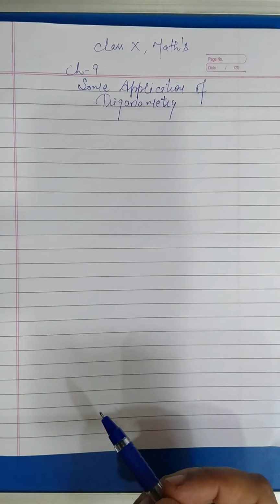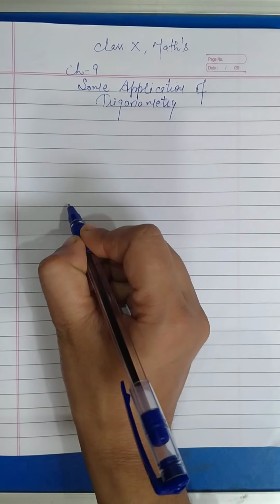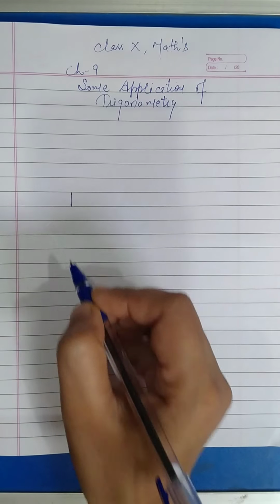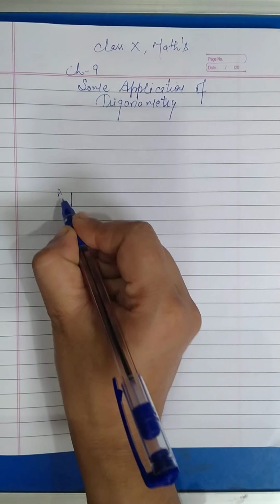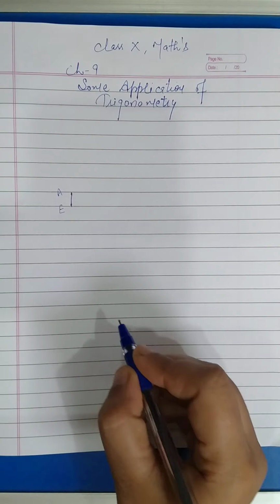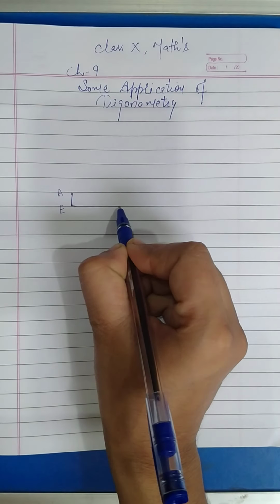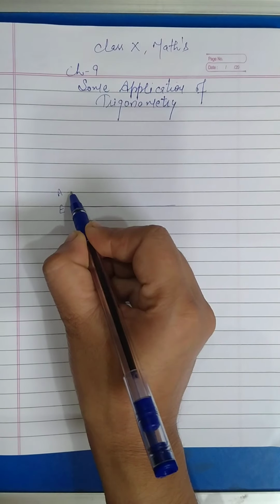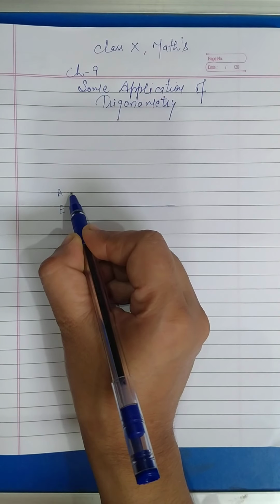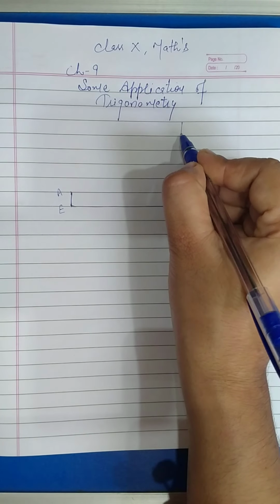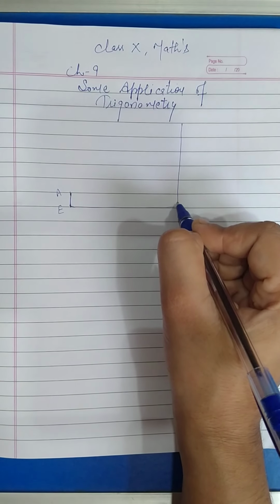Now let's start. If a person is standing on the ground level, this A to E means there is a person. So this is the ground level. If the person's height is AE, it means the eye is at A, and if the object, let us suppose, is a tower,